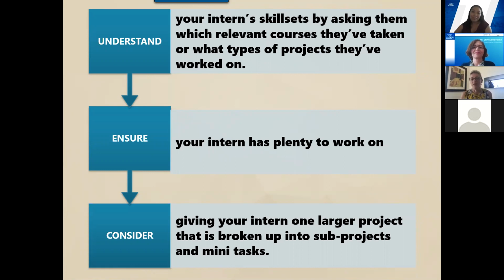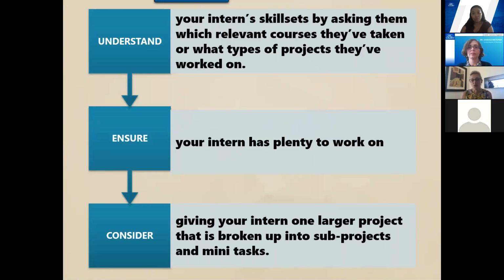One of the things when you have your intern is to ask them about their courses that they've taken, some of the skill sets that they have, some of the former projects they've worked on, what they're interested in, and that way it'll help craft an internship that everyone is excited about, something that is useful to your company and something that the student has experience in or wants to learn more about. A lot of times they come in and again, they don't know what they don't know. So to have that conversation with them really helps you get a feel for understanding what the student is interested in and what their skill sets are and what your needs are as well.